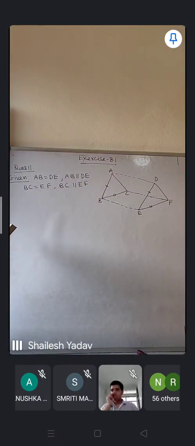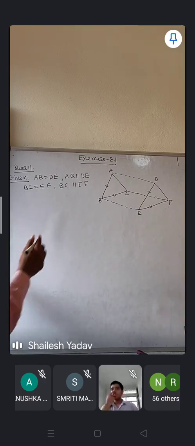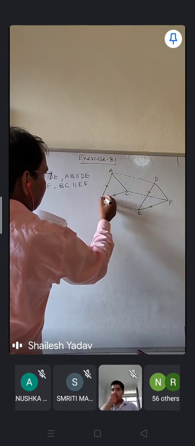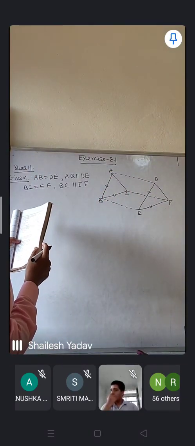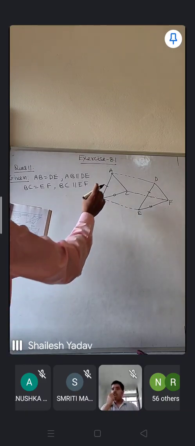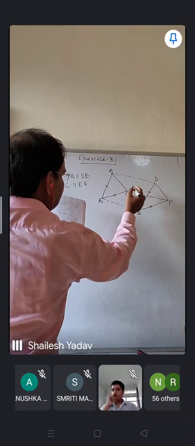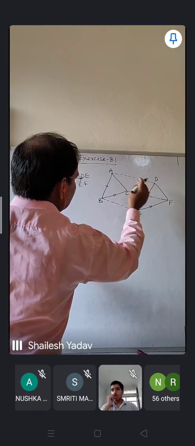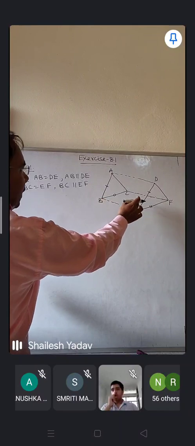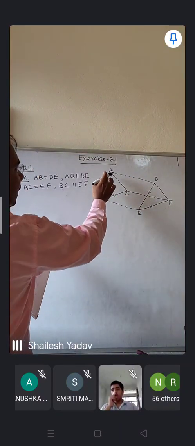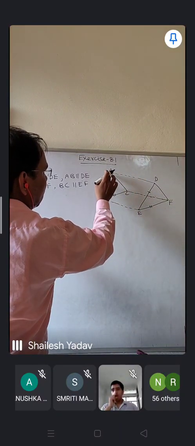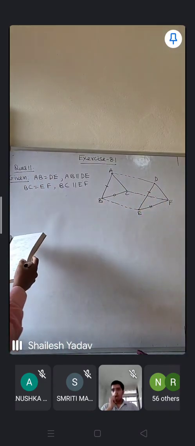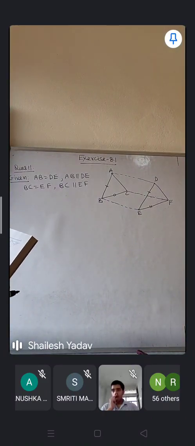Vertices A, B and C are joined to the vertices D, E and F. Here you are going to get vertices A, B and C. These vertices are going to be joined with a dotted line. A is going to be joined with D, B is going to be joined with E, and C is going to be joined with F. So that is also written in the question. Whatever the dotted line is there, that is going to indicate that these vertices are going to be joined. A is joined to D, B is joined to E, and C is joined to F. That is given.